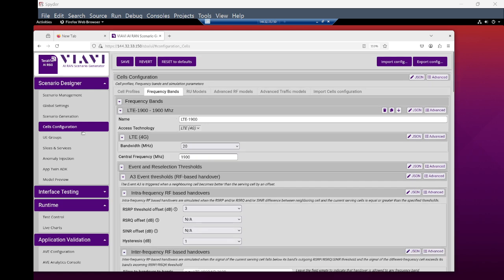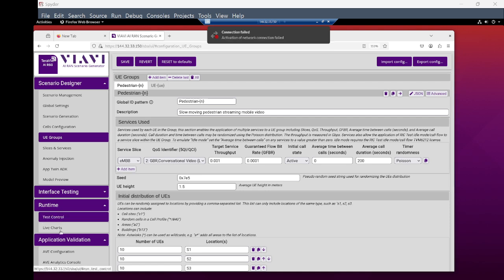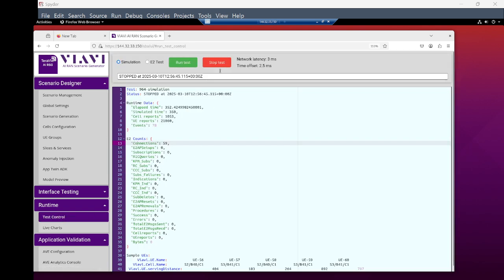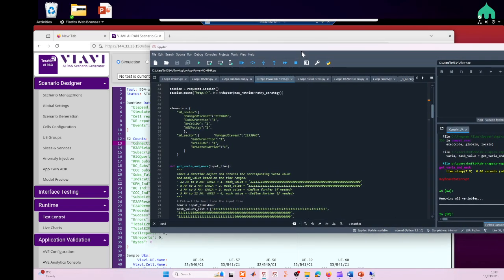And now these are the user equipments for each cell, the service level, and we are going to run the test. This is for the previous test, and now during the test we are going to run our xApp that will show the result of the